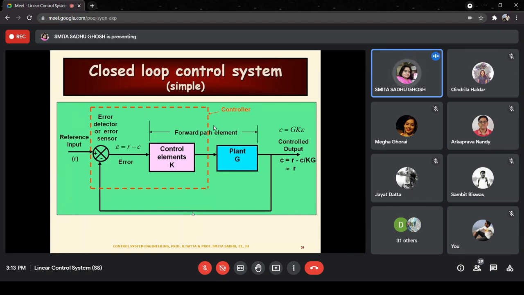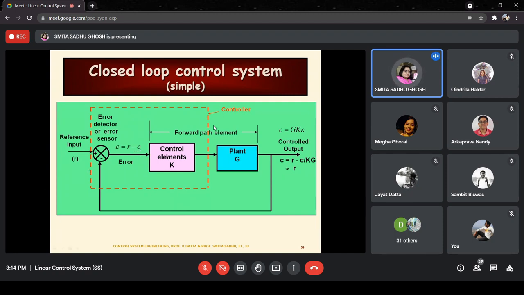However, I'm going to go to the next slide, where we would be seeing a more general case. Now, for this, I will just show you one thing. Just note that over here, the output of this summation block, summer block as we call it, is a difference between the reference input and the output signal. So basically you find a plus on this side. So R minus C, where C is coming from there, is going to give you the error. If we denote the error as epsilon, epsilon is going to be equal to R minus C. Simple subtraction of the output from the input gives you the error.